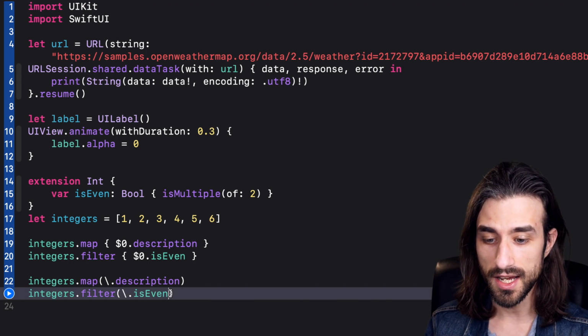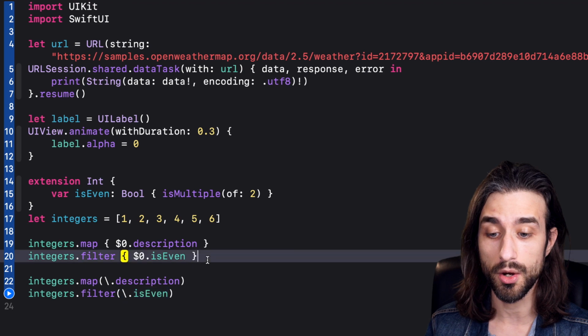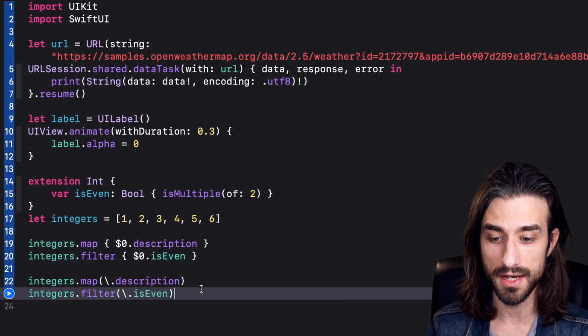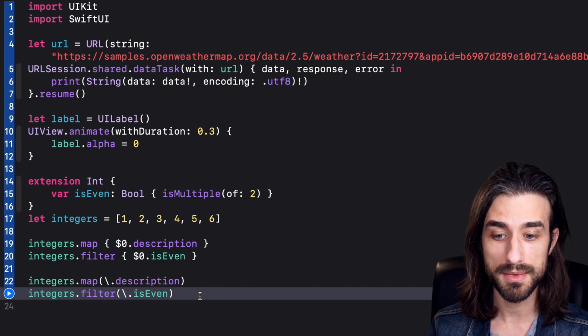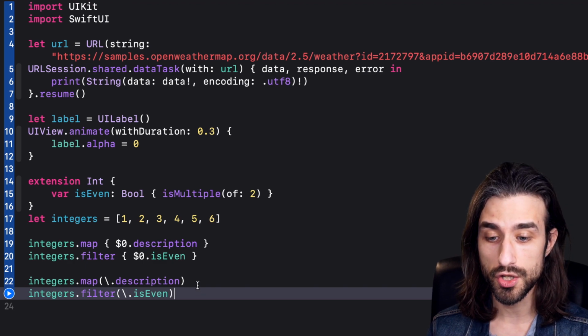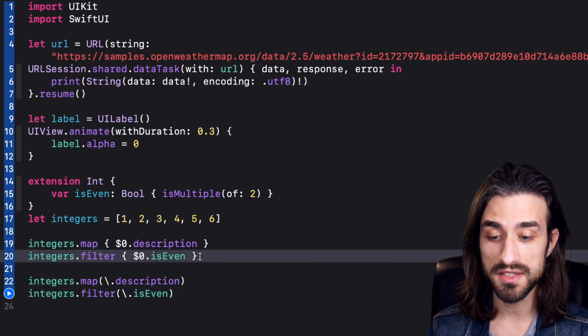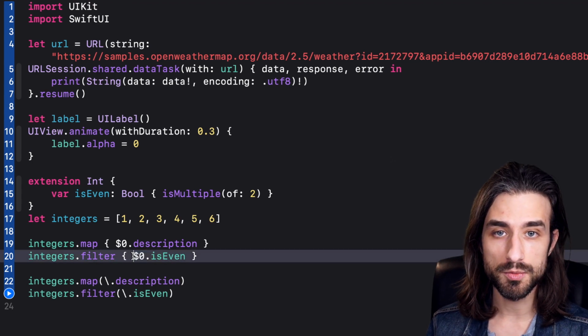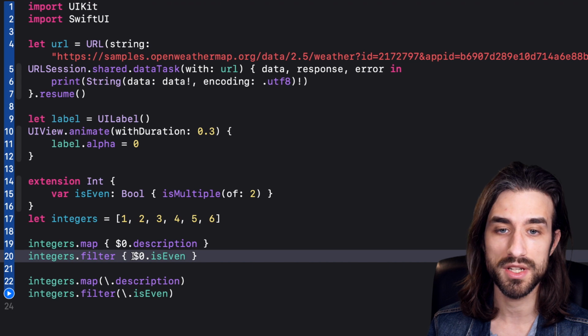Because as we've just seen, everything that can be done with a KeyPath can also be done with a closure. Well, there are actually two main reasons behind it. The first one deals a lot with readability, meaning that when we create a closure, we need to add a lot of extra syntax. We need to add curly braces, we need to either give a name to its argument or use this notation to have anonymous arguments. This might seem small, but in a large code base, it can really clutter your code.